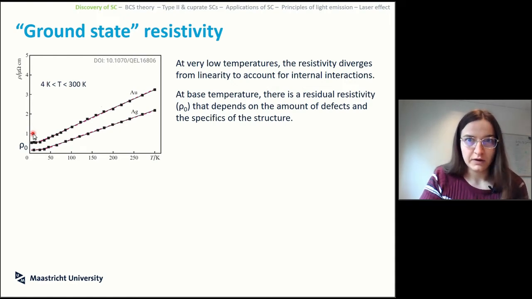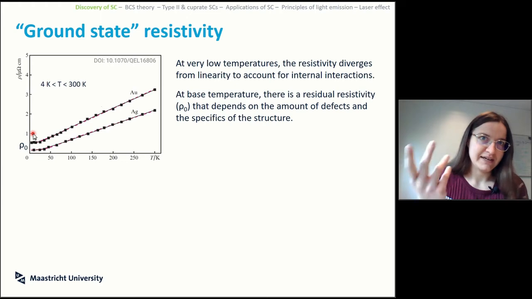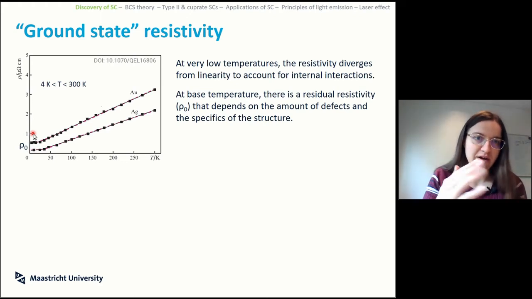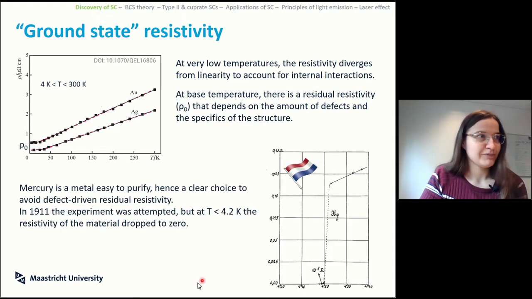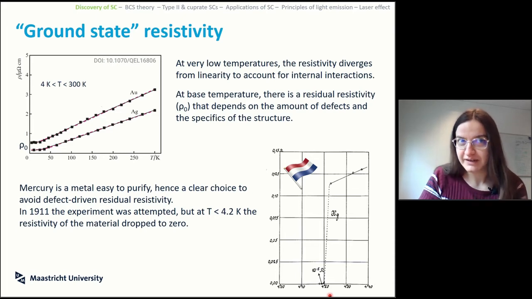So platinum and gold and mercury were the easiest things to purify. Mercury in particular because it's often liquid at higher temperature, so it's easier to purify away the impurity. Now, our guy over here at Leiden did this measurement with mercury, and in 1911 he noted that when you cool below 4.2, so this is hardcore liquid helium temperature, the resistivity of the